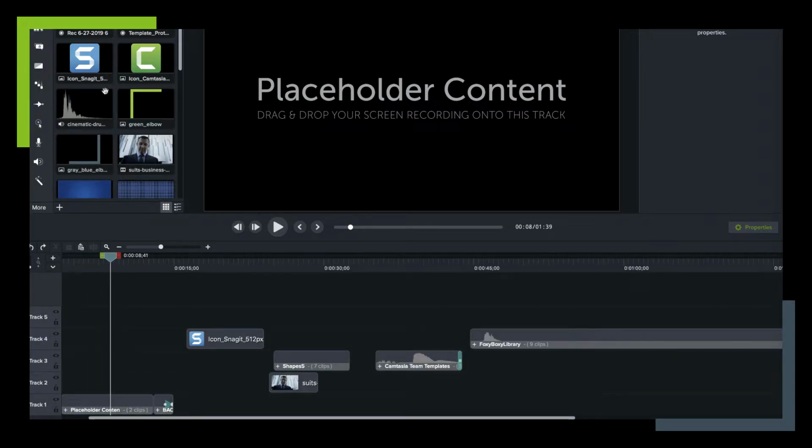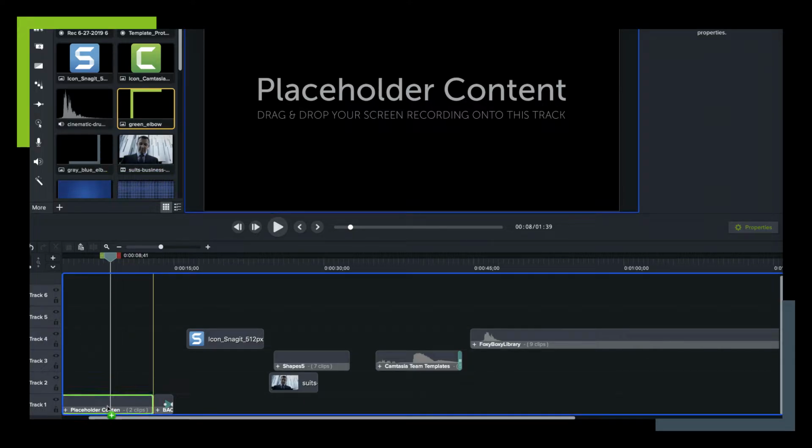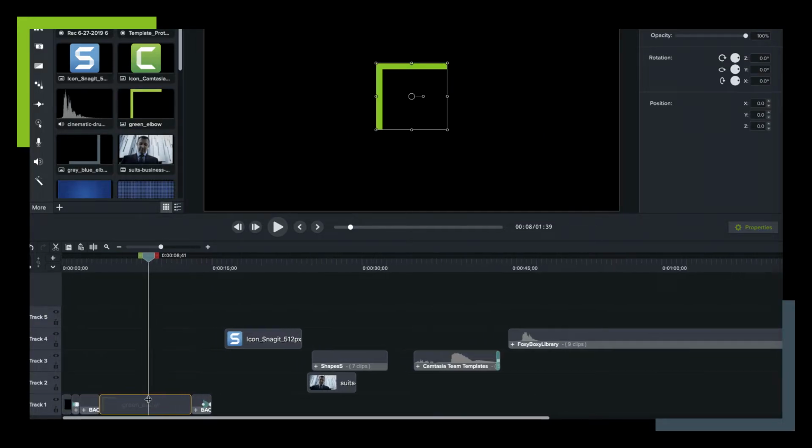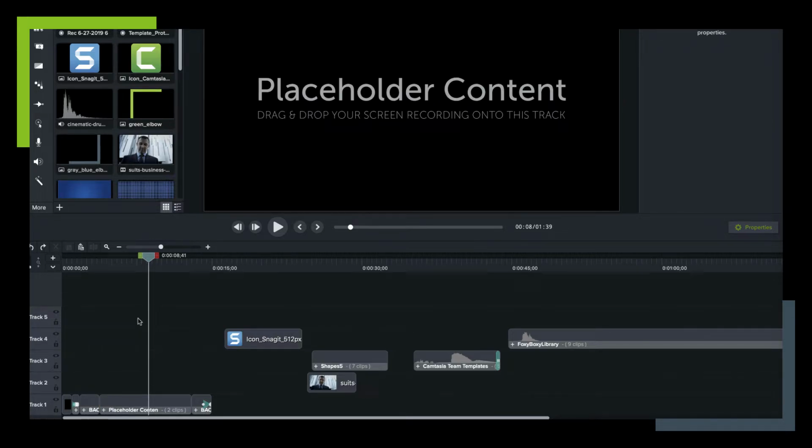Okay, let's talk about images. Let's say I wanted to replace this placeholder content with an image. I've got a PDF. I'm going to drag it down, wait for my green lines. This time I only have 2 options. Images don't have an inherent timeline, so they're very malleable, and you only have 2 options. You can replace this, which will create the same length of piece of content that you had that you're replacing,